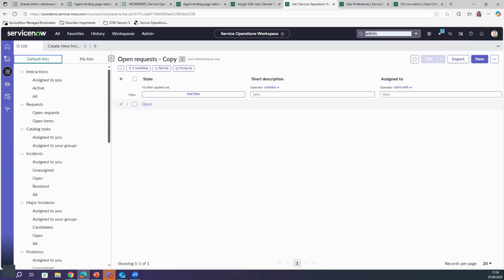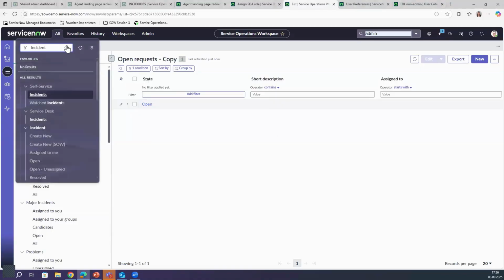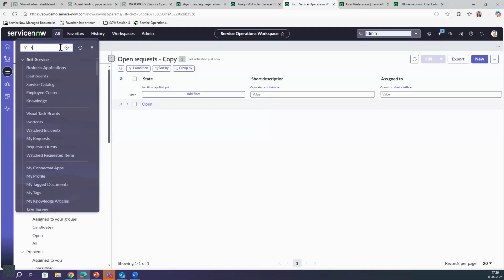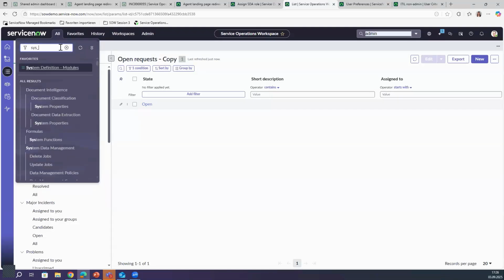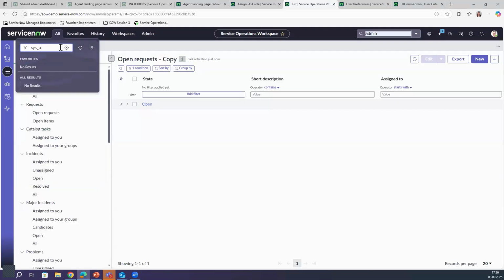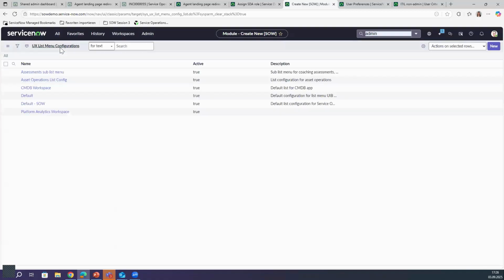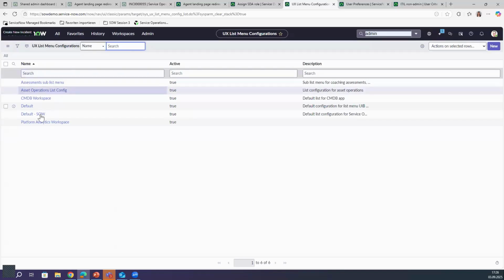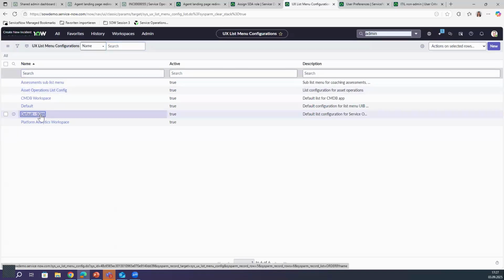And here we have different, if you want to see how it's being configured, you can go here into sys_ux_list_menu_config, point list. And if you go into default SOW,